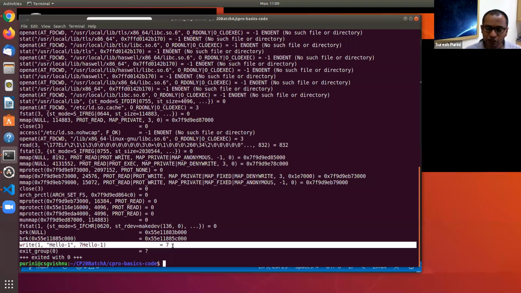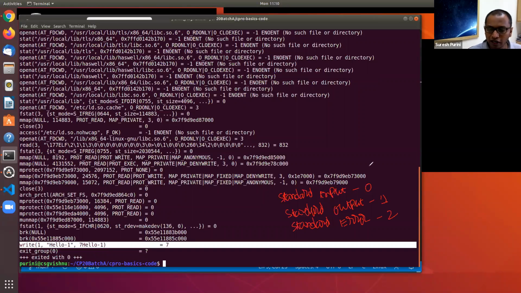That one is what is called standard output. So in C, there are three things: standard input, which is numbered 0, which we will revisit again, standard output, which is the one here, and standard error, which is 2.